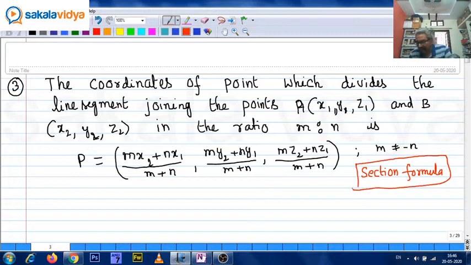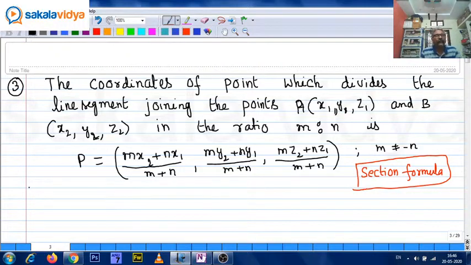Section formula. For example, when do we say that the P divides internally or externally, means accordingly the sign of m is to n. If the sign of m is to n is positive, then we say that it divides internally. If m is to n is negative, it divides externally itself only. Understood now? This is called section formula. Okay, next now we need to find out